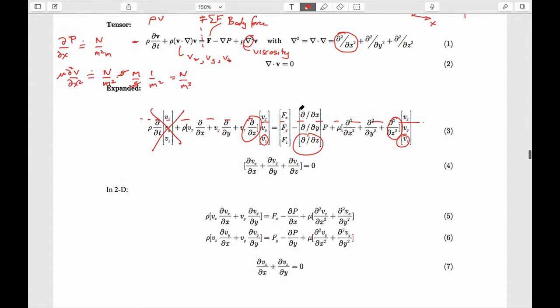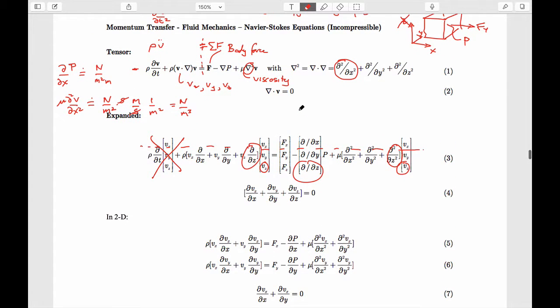There are two accelerations in this. There's an acceleration due to the fact that a particle of fluid is changing its velocity with time at a particular location. But there's also an acceleration referred to as the convective acceleration,